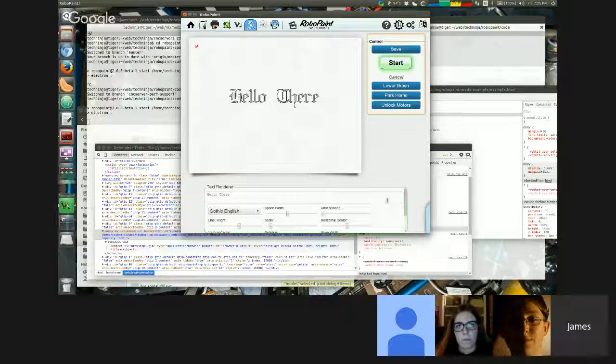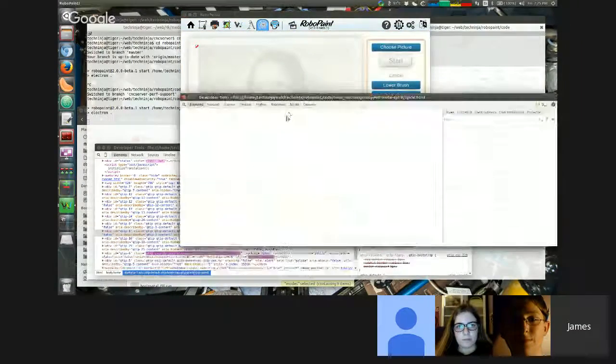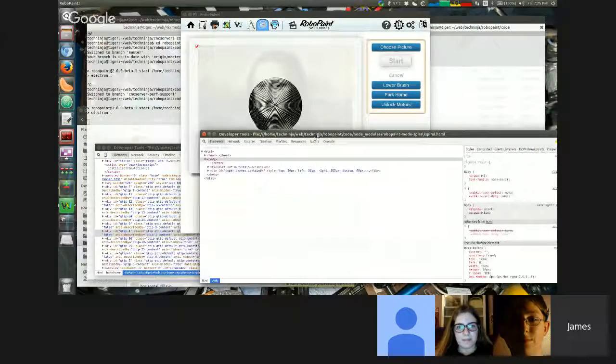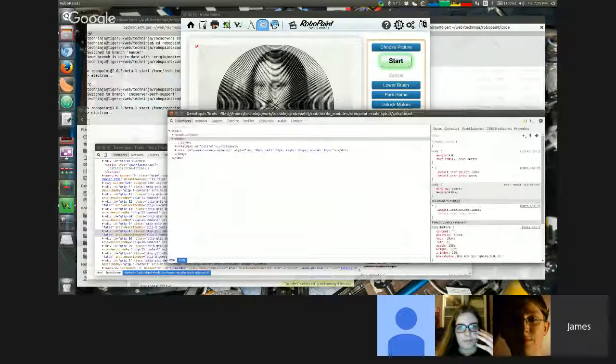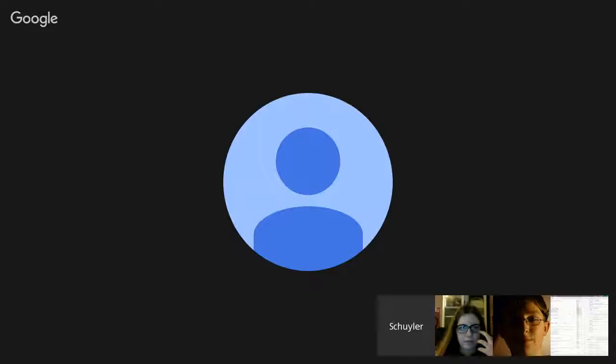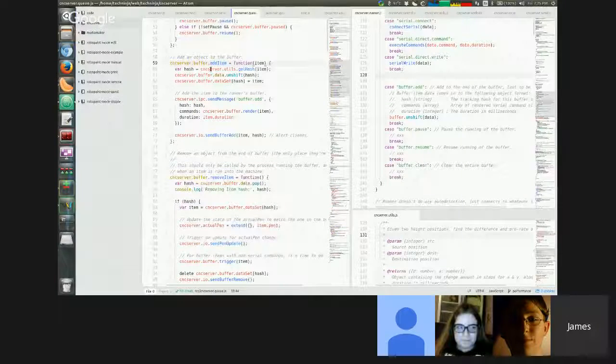And I think this is really, once we get past all the nitty-gritty of making sure we have buttons that do things and that there's nice things that make things work really easily, we won't have to worry about that and can do fun stuff like making new modes. I would have never thought of making a mode for doing spiral art like this, but there it is. And because I have dev mode up, we have this open. There's not a whole lot actually going on here. If we went to the code, there's this wonderful thing called Paper.js that does a lot of the work for us. It's nice. Oh yeah, it's really amazing.